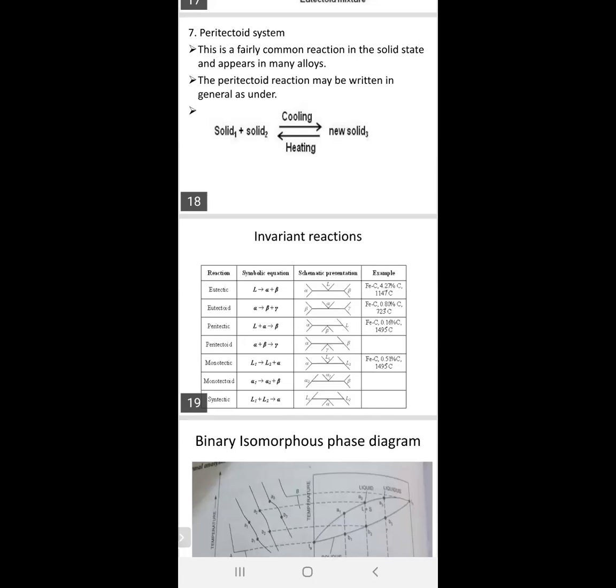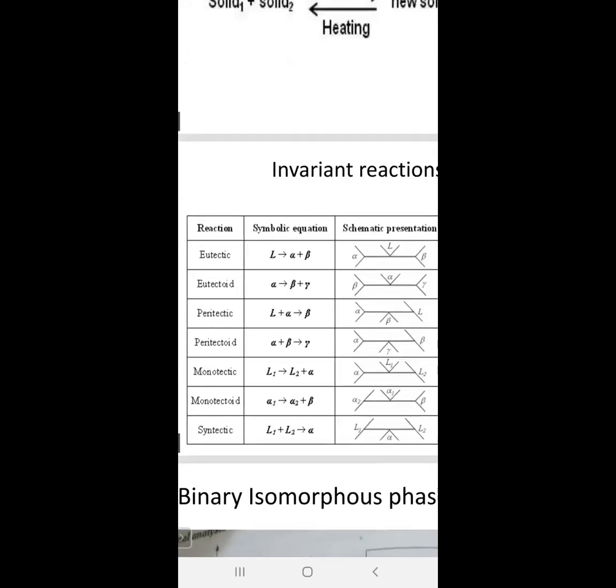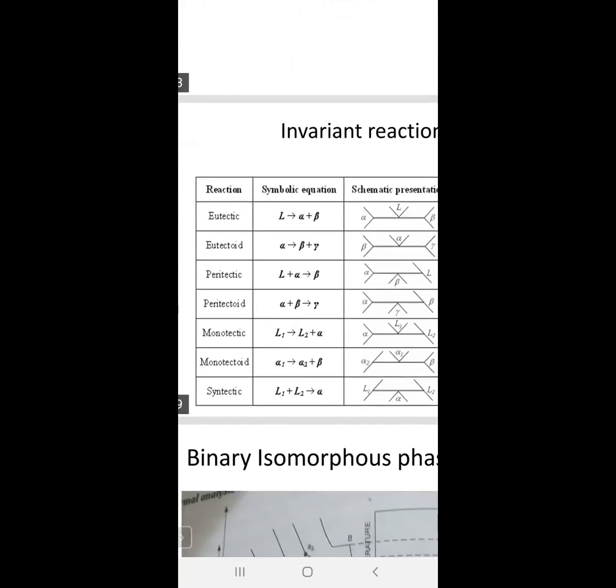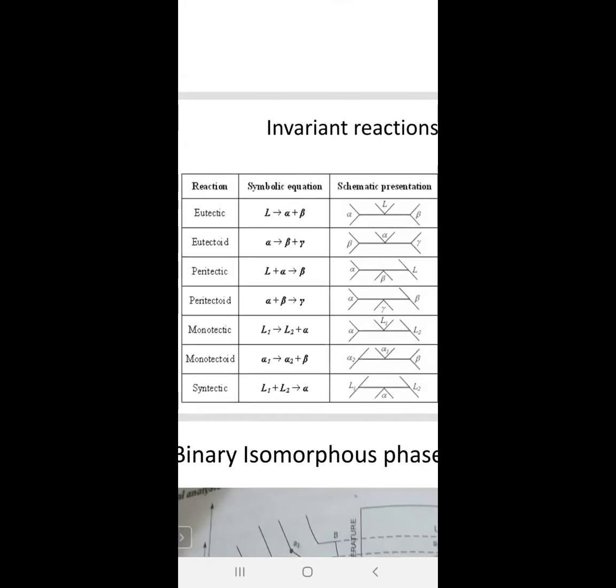Here these invariant reactions are important. Eutectic: liquid transforms to two solids. Eutectoid: one solid transforms to two solids. Peritectic: liquid plus solid transforms to one solid. Here two solids give one solid. The first three are important: eutectic, eutectoid, peritectic. These three invariant reactions